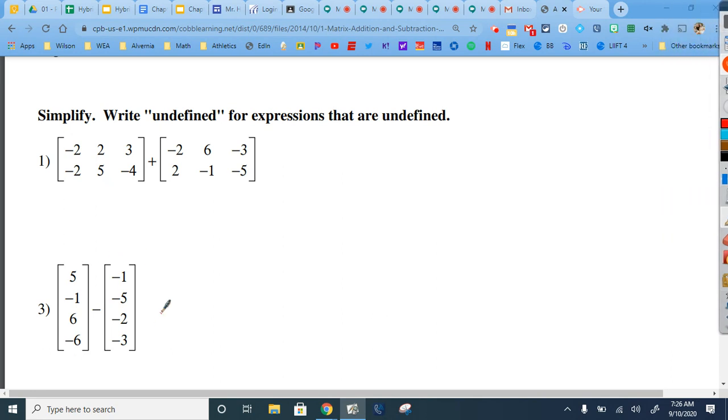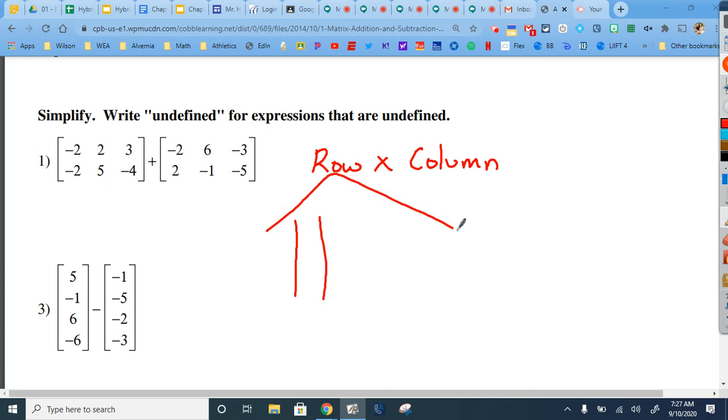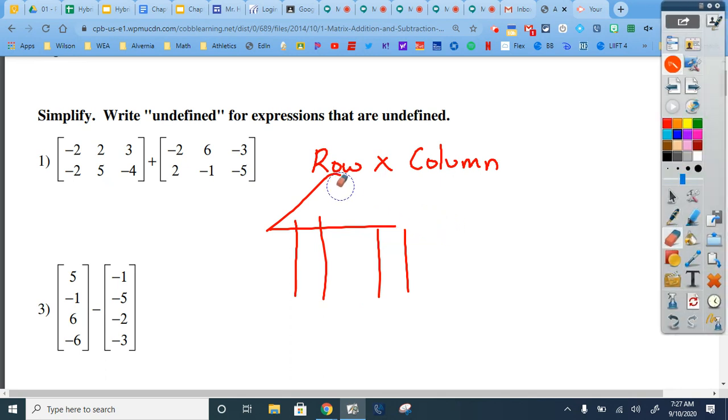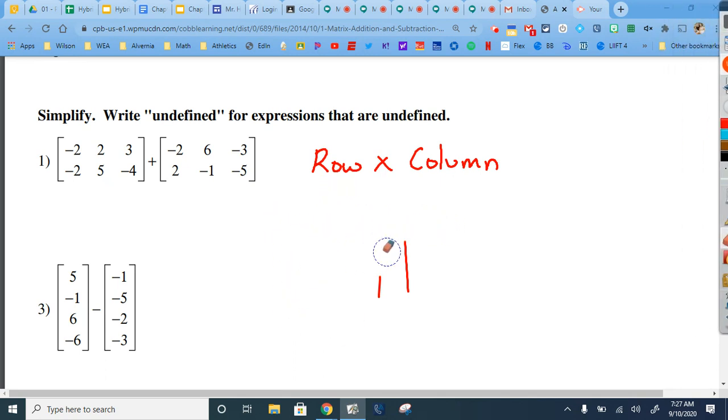Okay, so the way we define a matrix is we call it by its row by column. So that's how we figure out what type of matrix it is, okay? So the simple way that you can remember row by column is, and this is what always makes sense to most of my students, columns are our vertical sets. Think about the Parthenon. You guys are thinking about ancient Greece, okay? The Parthenon columns are vertical, okay? Just a little way to remember it. So then the rows are your horizontal,